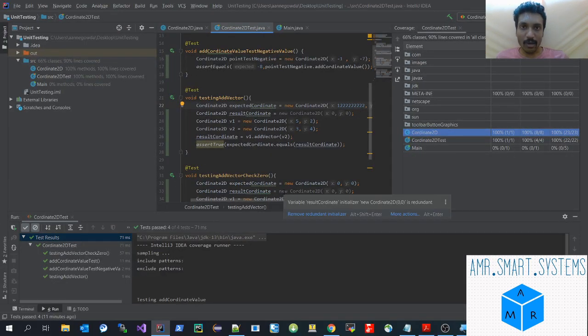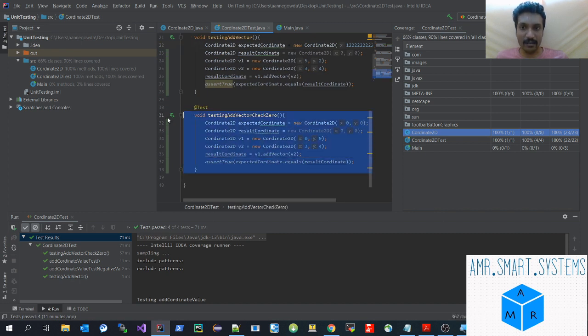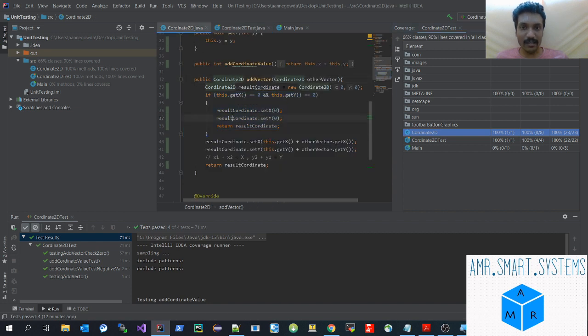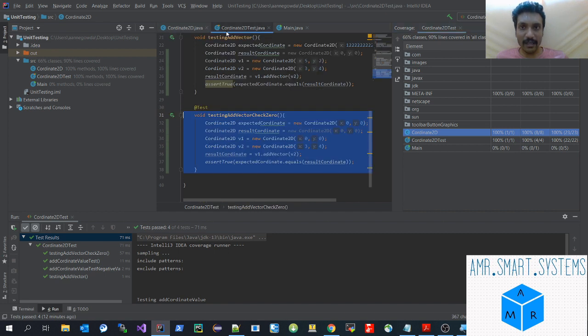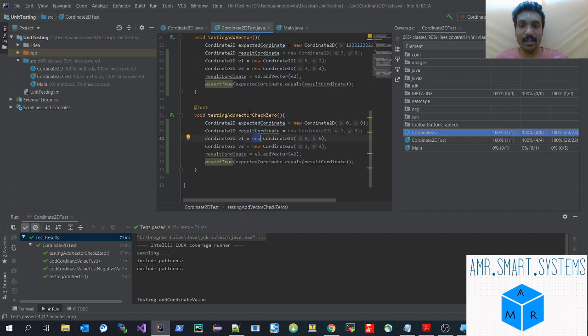What is happening is, you first add the test cases like this, and our code fails because we have not added this part of the code. Later you reiterate to write the actual code and make the test case pass. Similarly, you continue adding negative test cases which might create a failure in the actual code, and then reiterate the complete process over and over again to improve your code.